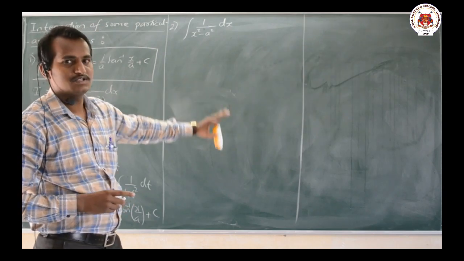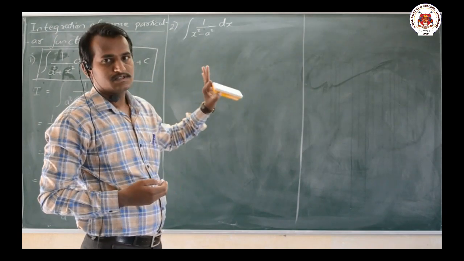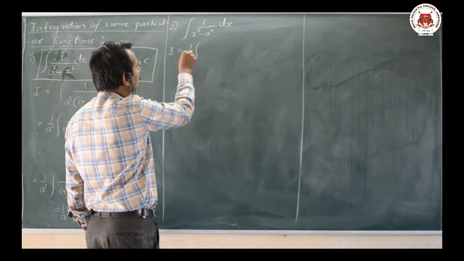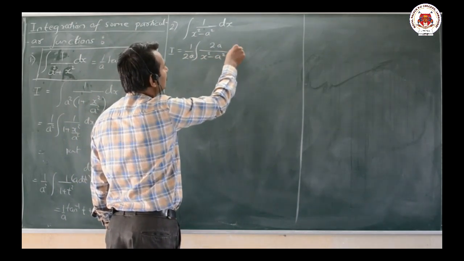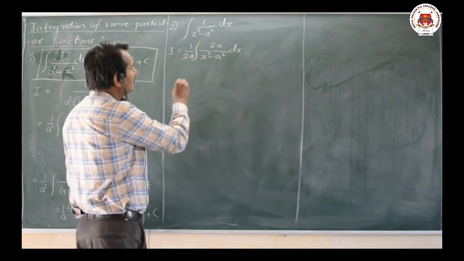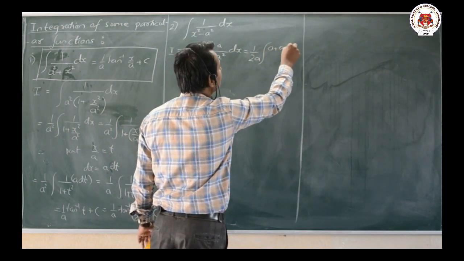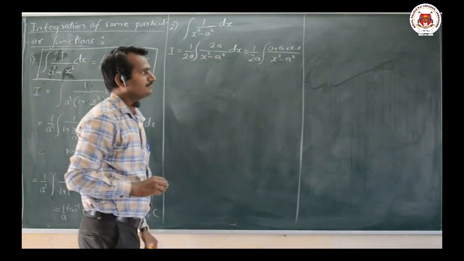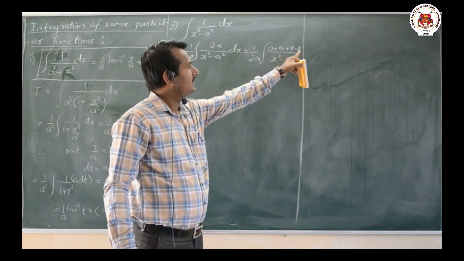Dear students, there are two methods to solve this. One is by making use of partial fractions, or you can also solve it directly. So we shall solve it directly here. Let us take I equal to integration of 1 by 2a. I will multiply and divide by 2 here, x square minus a square dx. Now 2a I can write as a plus a, which is equal to 1 by 2a integration of a plus x minus x divided by x square minus a square. What I am doing here is, 2a means a plus a, adding and subtracting x minus x.